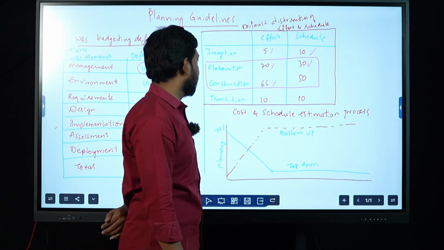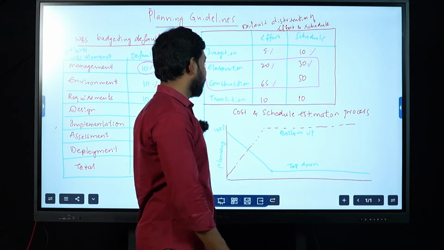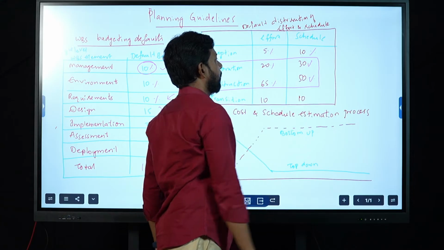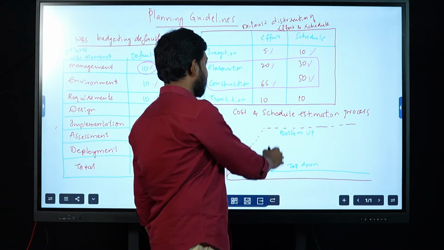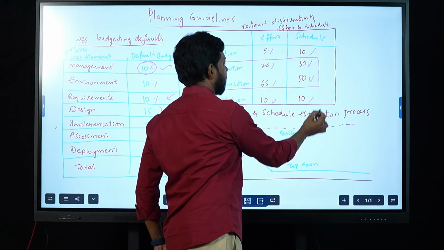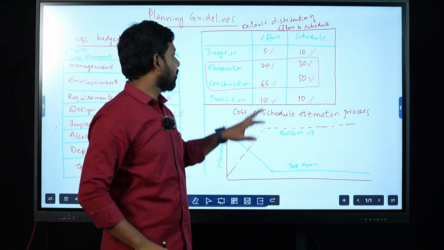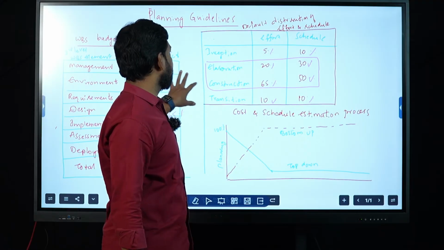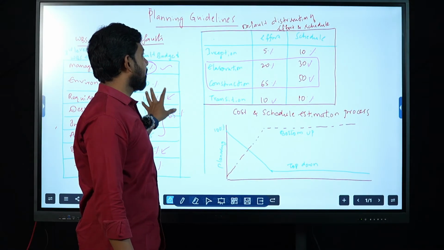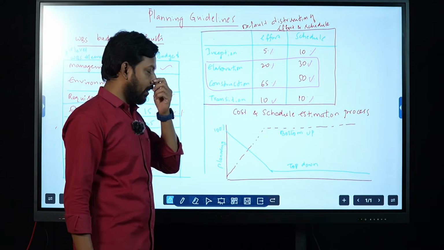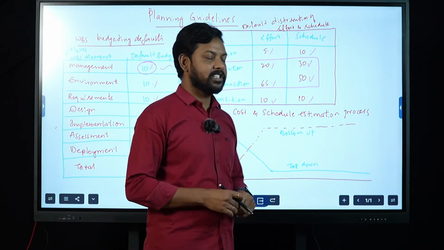Much of your employee effort is going to be taken under this construction phase, along with 50% of your complete schedule will focus on your construction phase, and transition phase is going to work with 10% of your schedule and effort. So these are the budgeting defaults related to your work breakdown structure and effort and schedule. Fine. So based on these schedules, we are going to understand what is the cost and schedule estimation of your